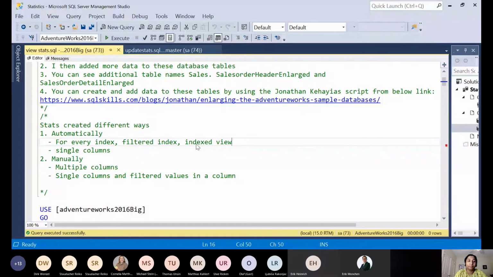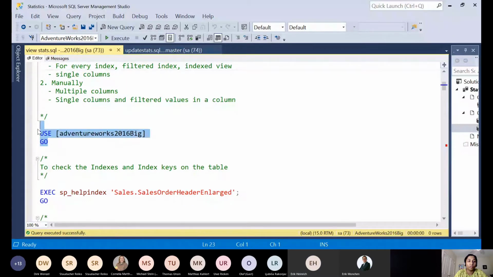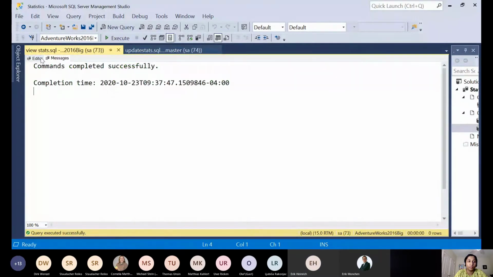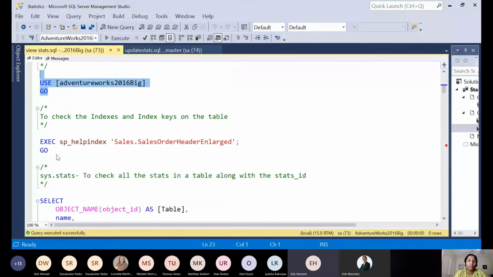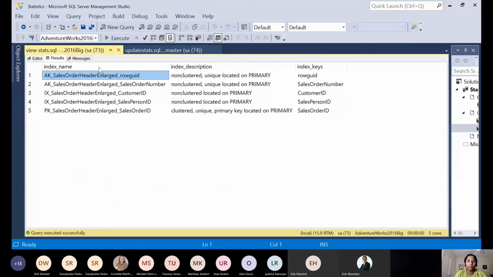So let's see. Let me use the AdventureWorks 2016 database in the context. And then to view all the indexes in the table, we use sp_helpindex. So it will show us the index name, index description, as well as the index keys.